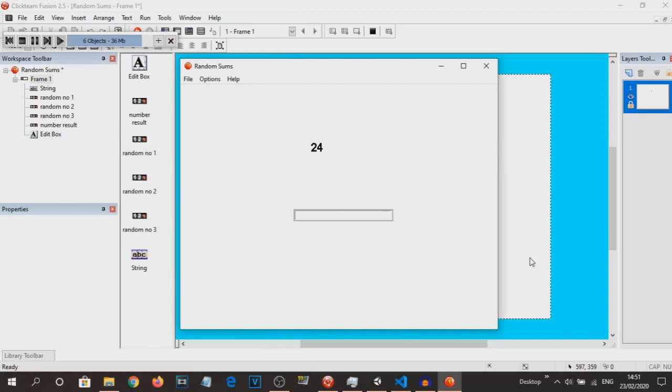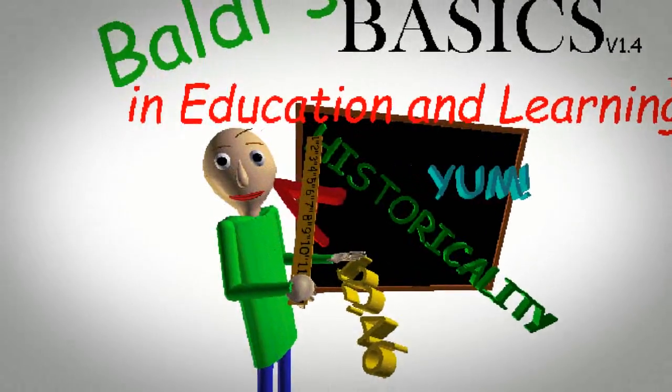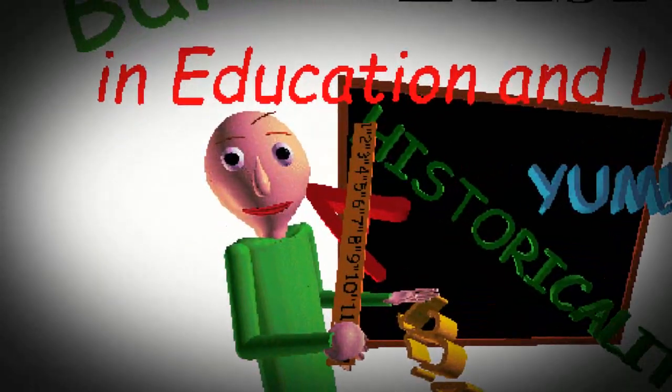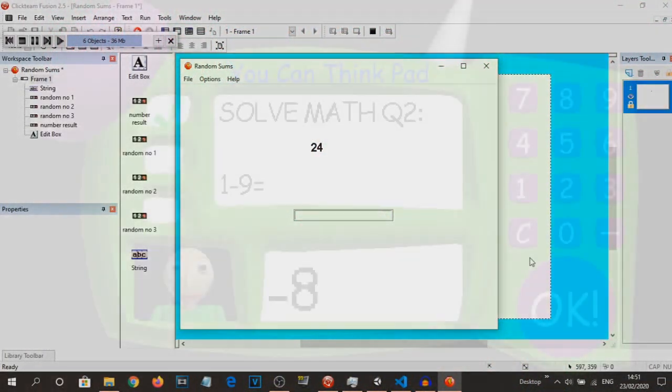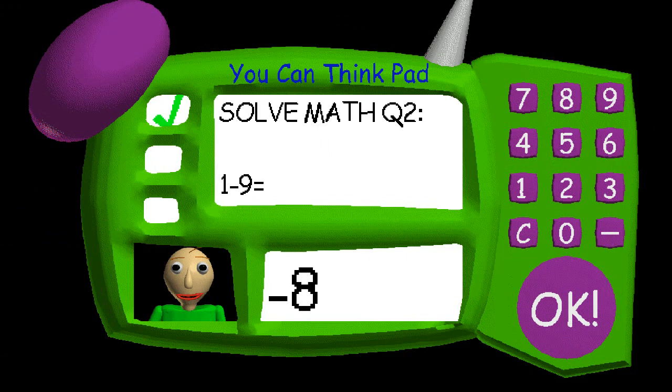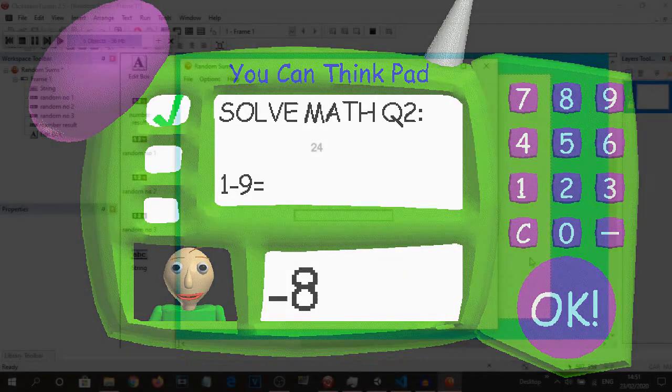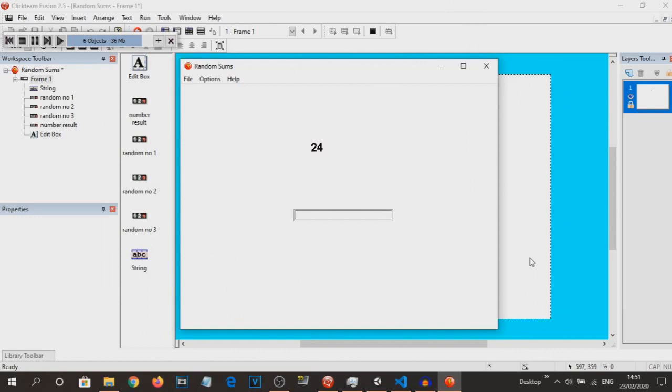So, if any of you have played this game called Baldi's Basics, where it's like a horror game, it's a sort of edutainment game where you have to answer math questions, and each math question is random, and you have to input a number to correspond with the following equation. And when I was watching someone play Baldi's Basics, I was thinking, how are they able to actually make sure that the equation is going to be, for example,